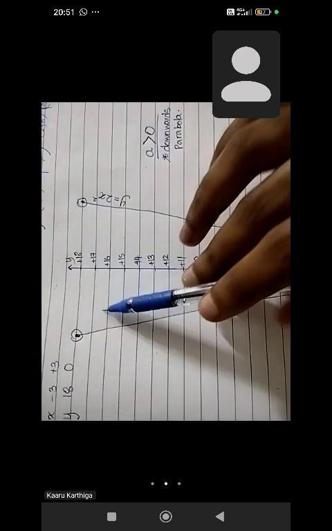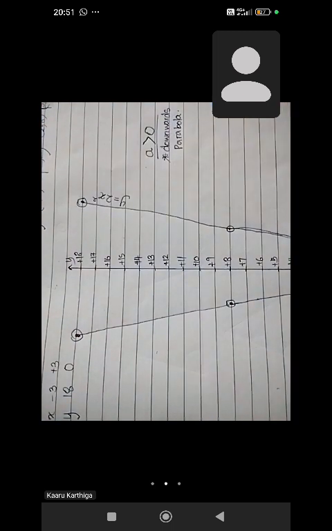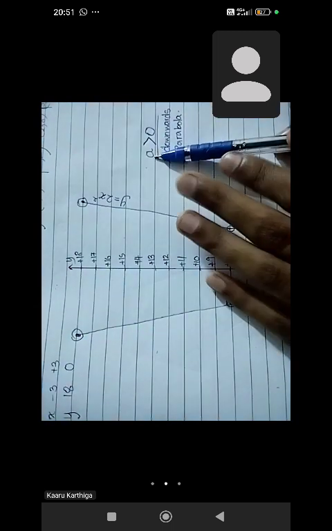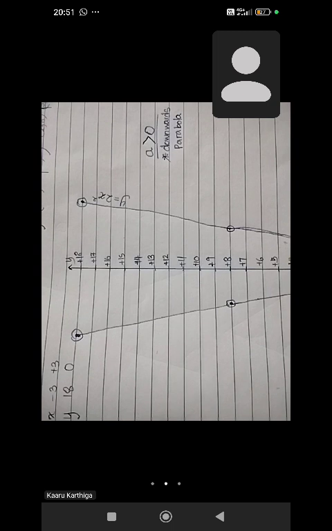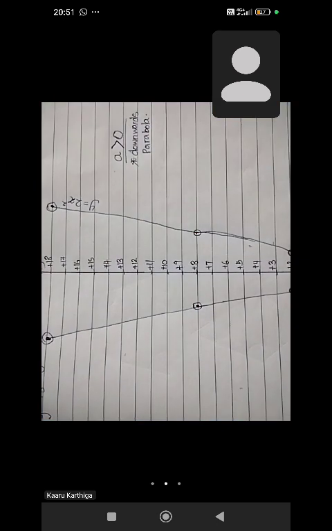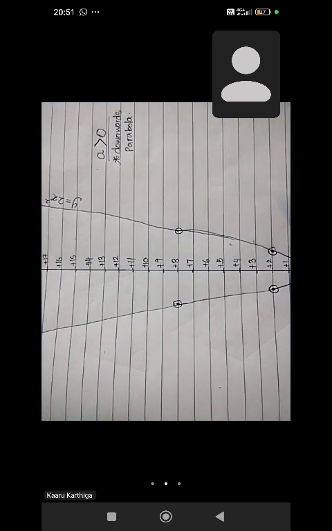This graph is going downwards. If a is greater than 0, the parabola is going downwards. If a is less than 0, we will study those parts later. That graph is going to be upwards. Likewise, we will study. In these conditions,